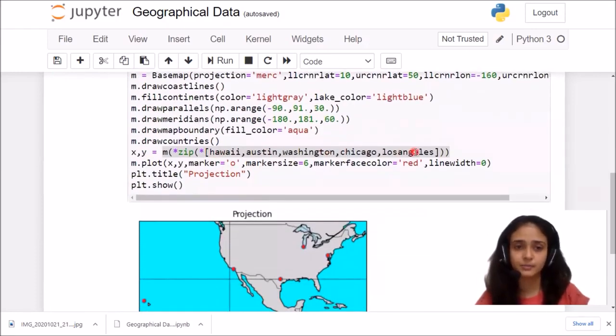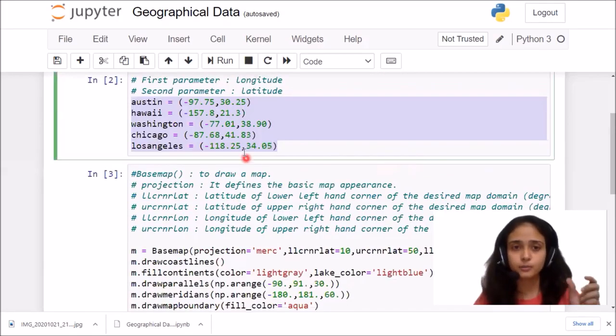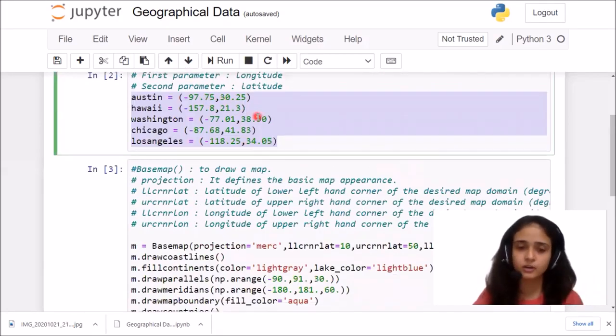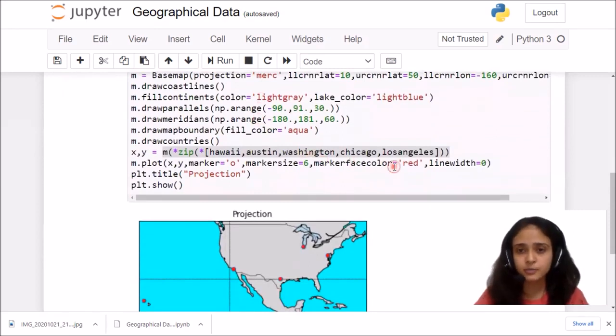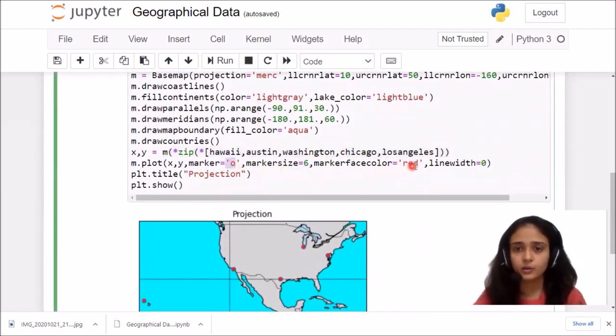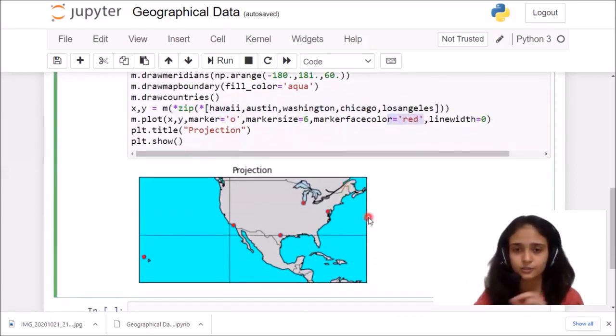These parameters are some coordinates, that is x comma y coordinates. So I want that particular coordinate highlighted as a circle, which is of red color, and the size is 6. So it means it will show me some bigger values.